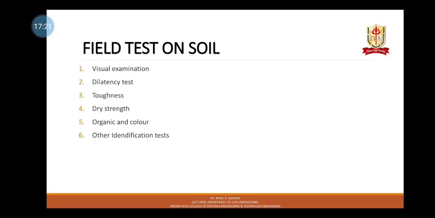The fourth one is dry strength, that is crushing resistance. The prepared soil sample is completely dried in the sun or by air drying. Its strength is tested by breaking between the fingers. Dry strength indicates the clay fraction content of the soil. If the dry sample can be easily powdered, it is said to have low strength. Whereas if considerable finger pressure is required to break the lump, it is said to have medium dry strength, and if it cannot be powdered at all, it is said to have high dry strength.